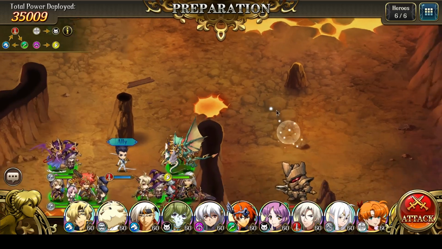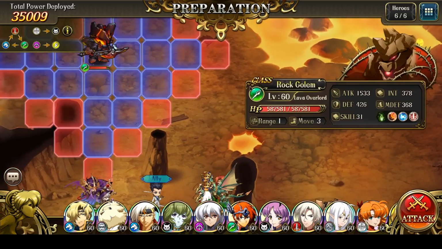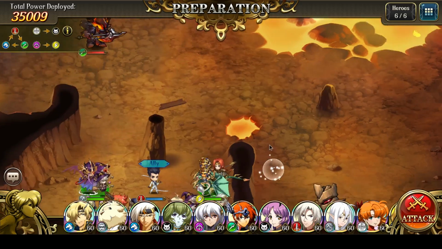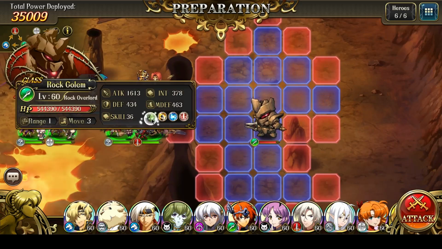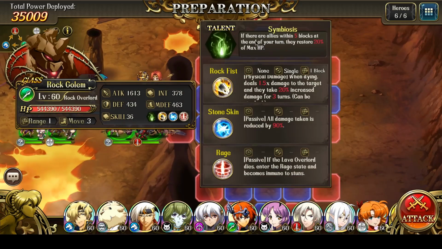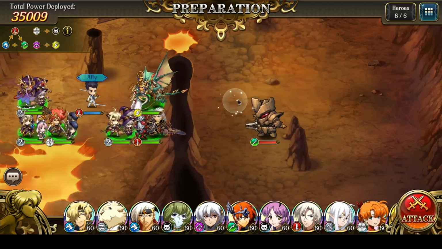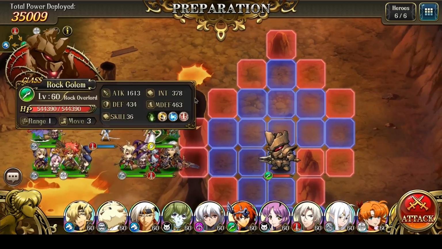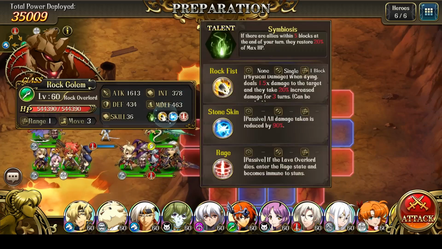if you kill off one of the overlords, the other overlord will enter a permanent rage state and become immune to stuns. And in addition to that, their talent for both of them is if there are allies within 5 blocks at the end of the turn, they restore 20% of their max hit points. So, the conclusion is, first, you have to keep them away from each other so they never get within 5 tiles of each other. Second,